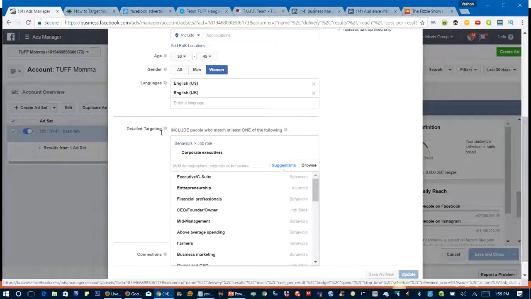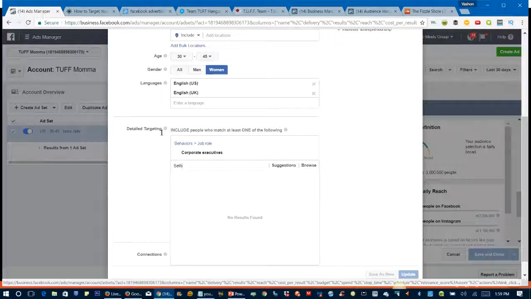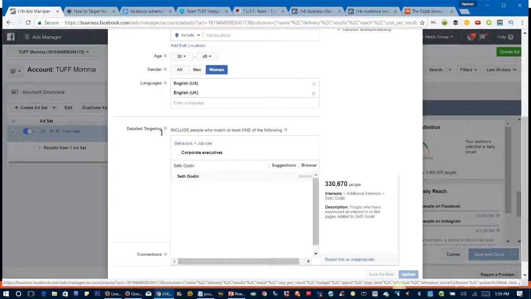Like for instance, maybe I wanted to target Seth Godin. So I would type in Seth Godin, and if there's somebody really popular, then their name will actually pop up. And he's an author. If you're not familiar with Seth Godin, he's a marketing master. So I could target more people who like Seth. And all I got to do is just click on that.